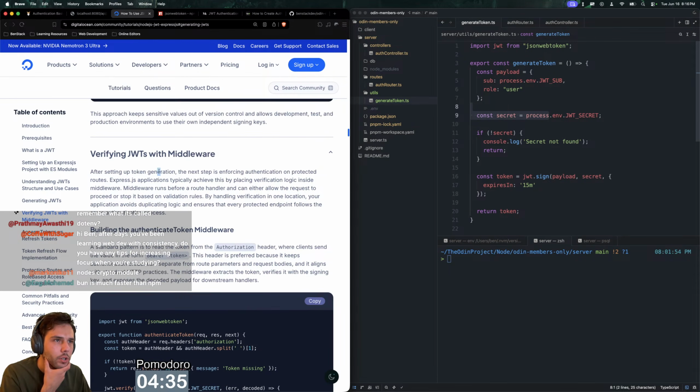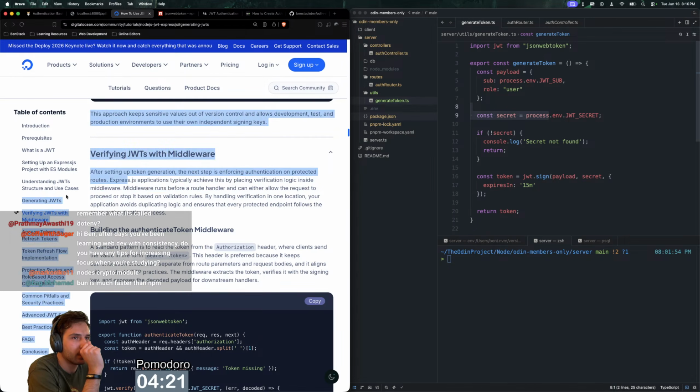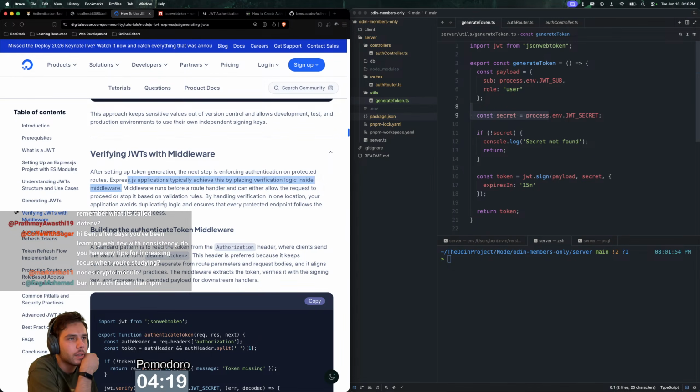So after setting up token generation, the next step is enforcing authentication on protected routes, which makes sense. Express.js applications typically achieve this by placing verification logic inside middleware. Middleware runs before a route handler and can either allow the request to proceed or stop it based on validation